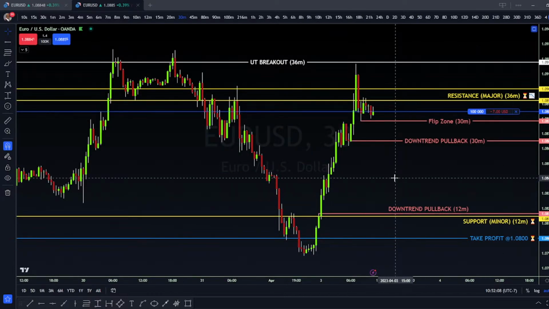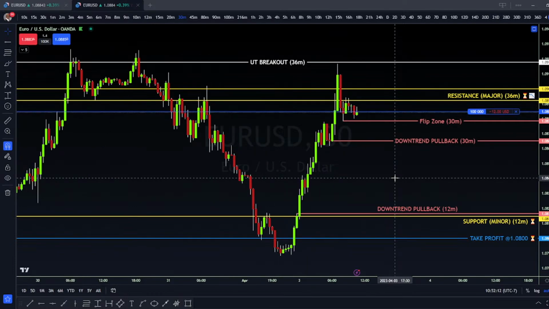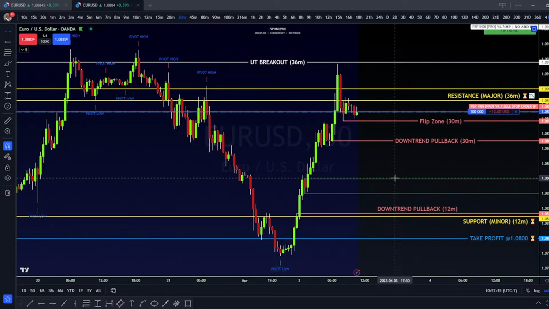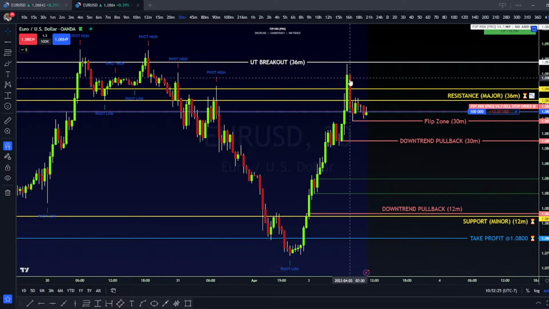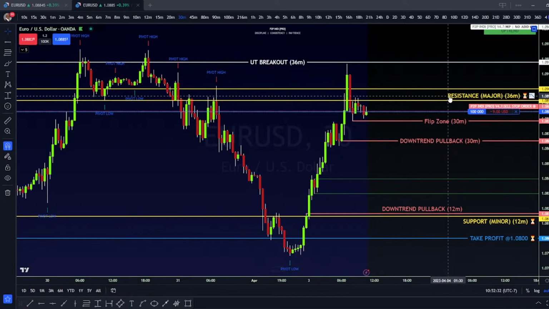So if I look at the smaller time frame, which is what we call the intermediate time frame or the low time frame, I'm looking at this 30-minute chart. I'm also looking at the 36-minute chart, and I'm also looking at the 12-minute chart. And between these three, I've determined that there's possibly going to be another move to the downside. I'm calling this simply a retracement, a downtrend retracement. If you see DT retracement as downtrend, the reason I'm saying downtrend retracement is because I don't believe